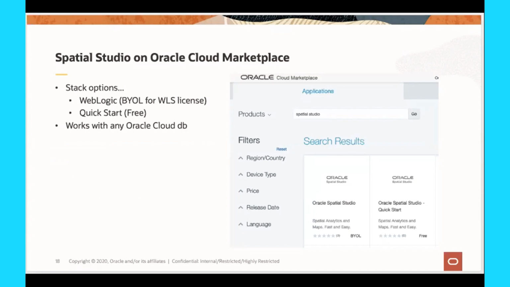We have both of those on the Oracle Cloud Marketplace, and they work with any Oracle Cloud database. So whether that's Autonomous Database or a Database Cloud Service that's not autonomous, they work with any cloud database. At this point, this is just generic Spatial Studio on Cloud Marketplace. We haven't said anything about a free tier account. There's this thing called the Marketplace, Spatial Studio is on it, the bring your own license, and the